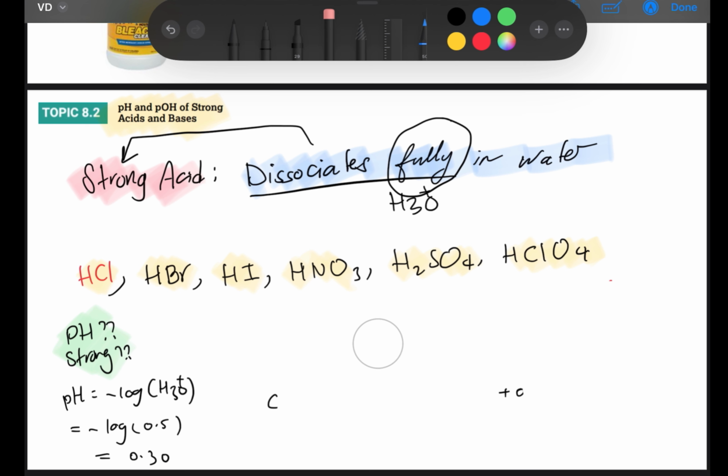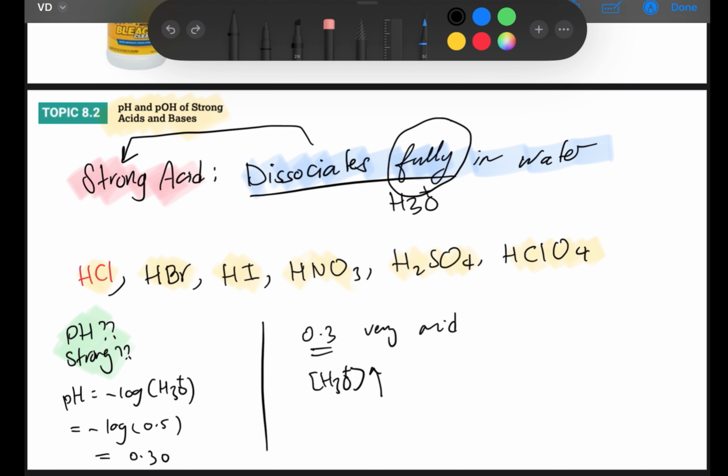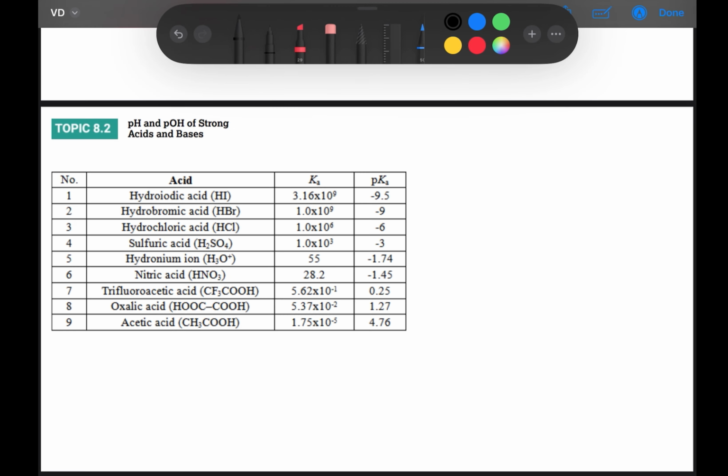What does this pH tell you? It tells you that this is very acidic. So 0.3 is a very low pH, which means it's very acidic, and the small value reflects how much H3O plus you have. So if you just remember, if we are increasing the concentration of H3O plus, the pH will decrease. Okay, in order to describe the strength of acidity or the strength of the acid, we have to